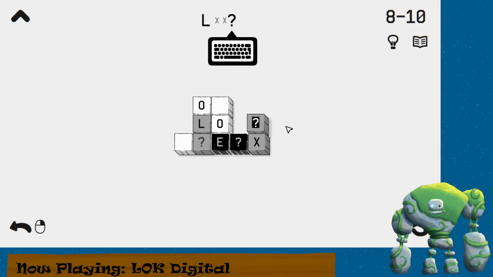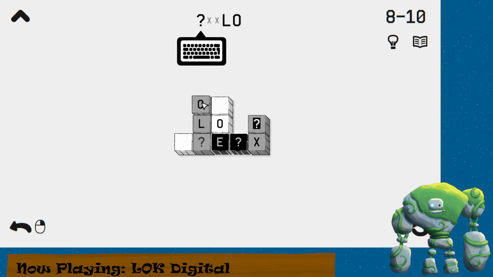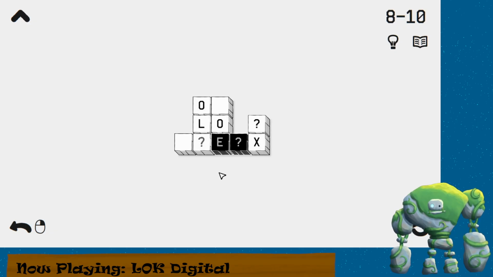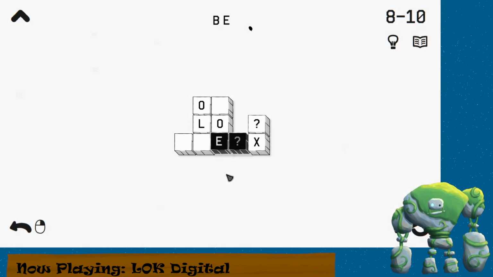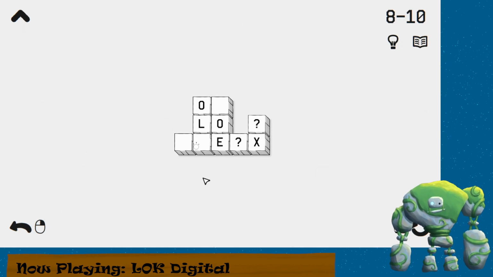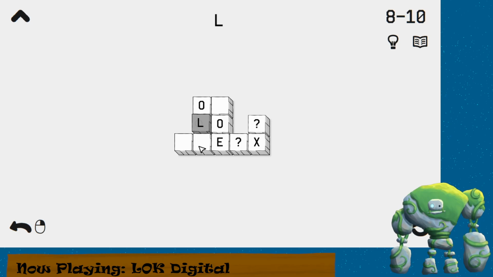No, that's not gonna help us. Oh, but we could like, no, because that would have to be an X. We could. How do we use this? This is cramped. If this was a question mark, we could do something there, but